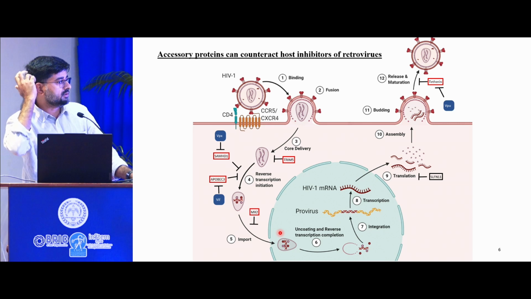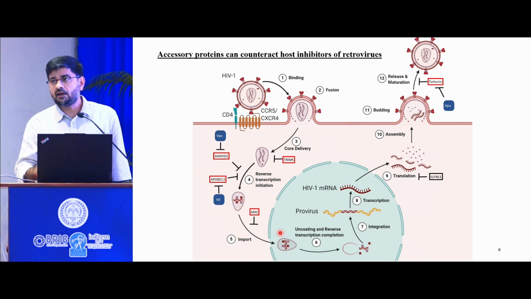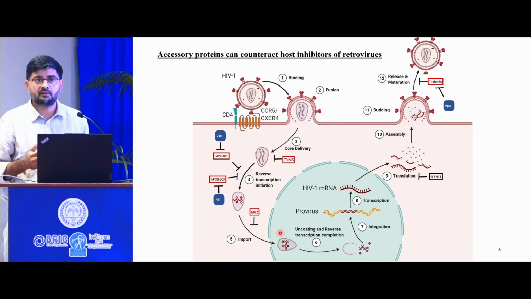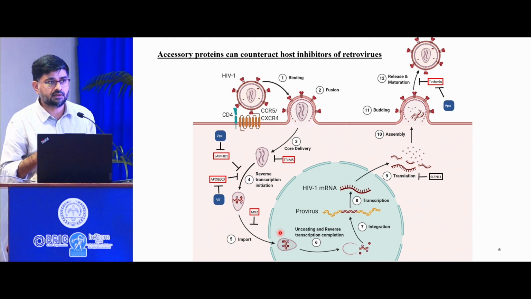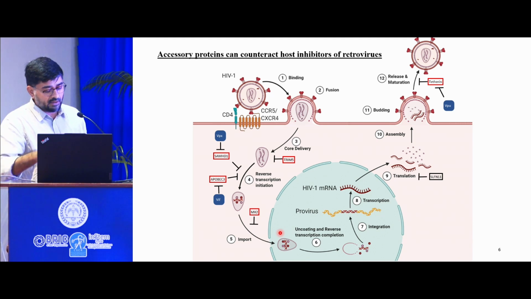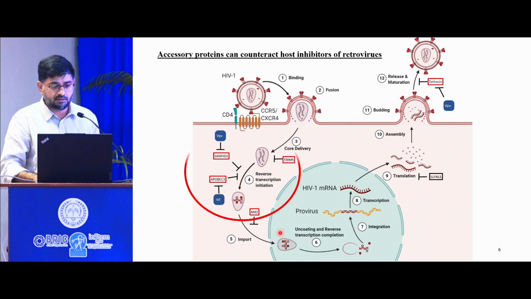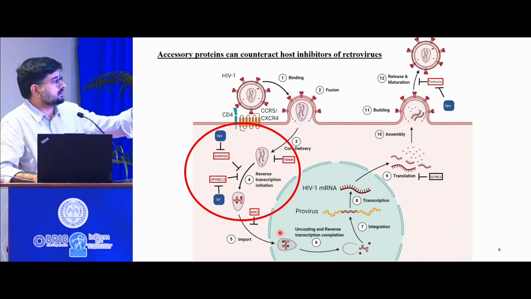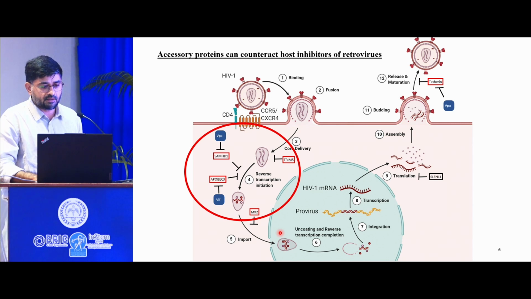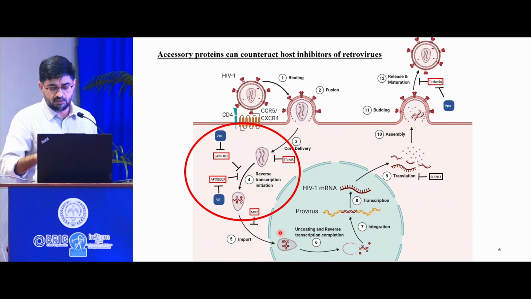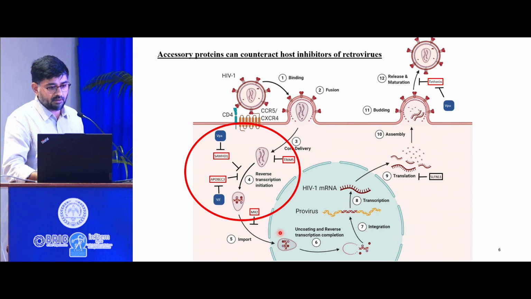So over the last 10-15 years, we and others tried to understand the role of accessory proteins in HIV and retroviral replication. It turns out that we have intricate innate immune mechanisms, what we call restriction factors or intrinsic antiviral factors, that can keep the virus replication in check, and these are very specific in a sense that if a retrovirus is reverse transcribing its genome, there are proteins like SAMHD1 and APOBEC that can keep that in check, and obviously pandemic viruses like HIV have VPX and VIF to antagonize such restrictions.